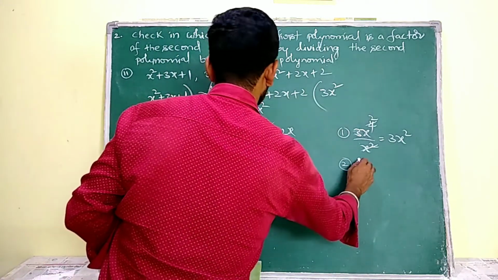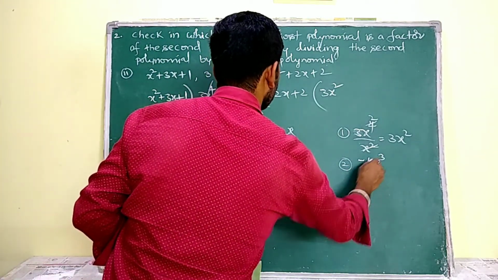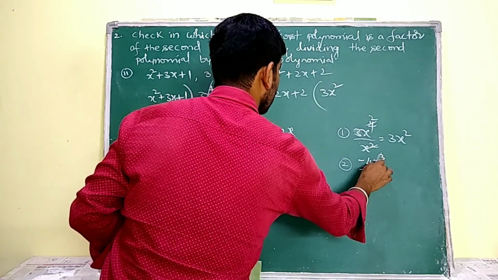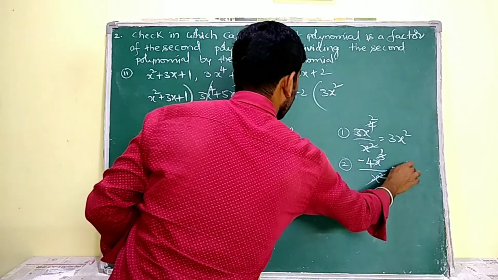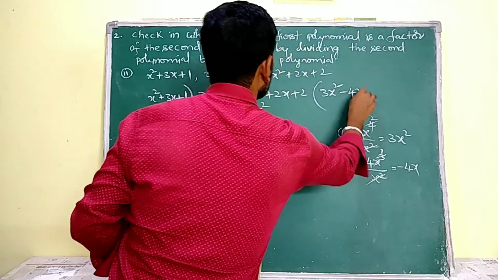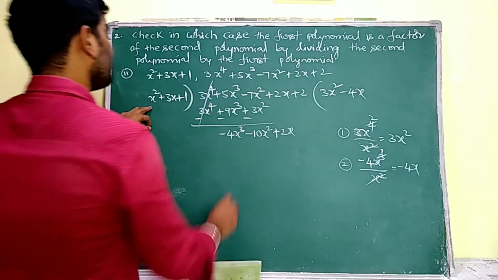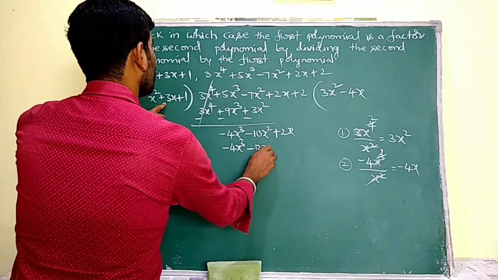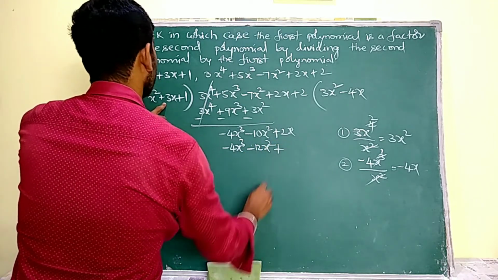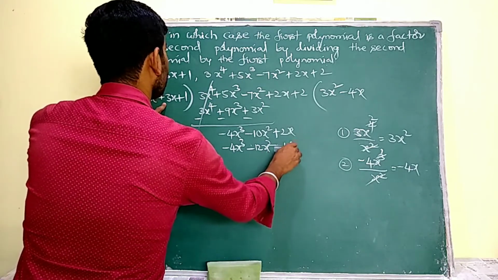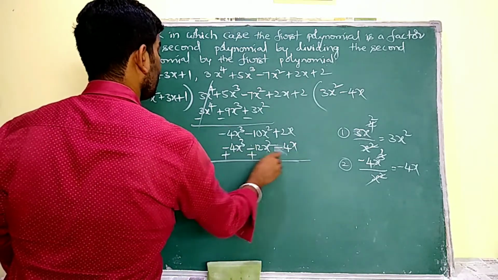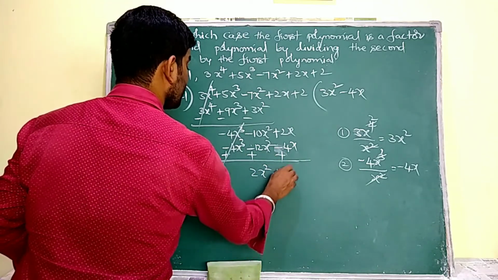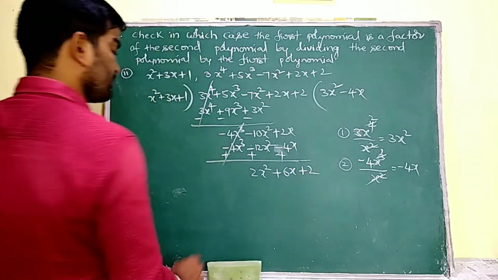To obtain the second term, I have to divide the first term by the first term of the divisor. Okay, x left, that is minus 4x is my second term of the quotient. Now see this, minus 4x into x square, minus 4x cube, minus 4x into plus 3, minus 12x square. Okay, next minus 4x into plus 1, minus 4x. Plus plus and plus. These two are going to be cancelled here and it is plus 2x square plus 6x and I have to carry that constant 2.